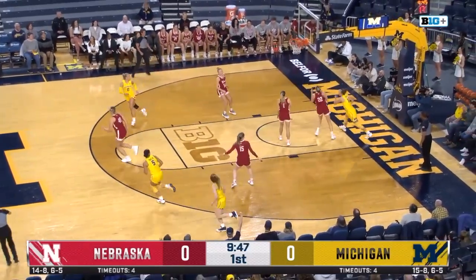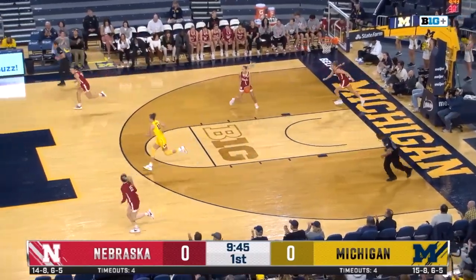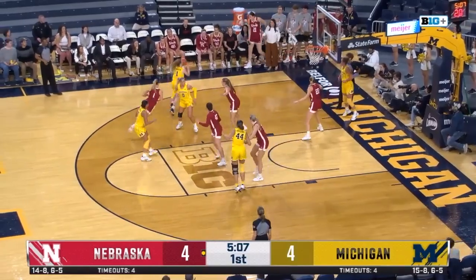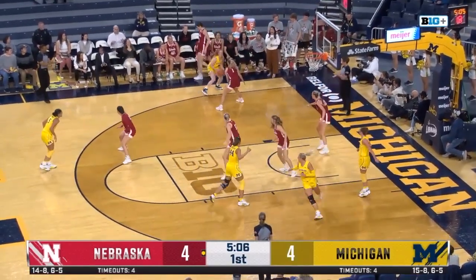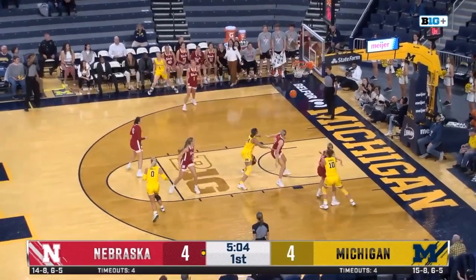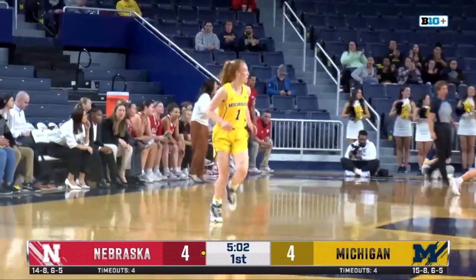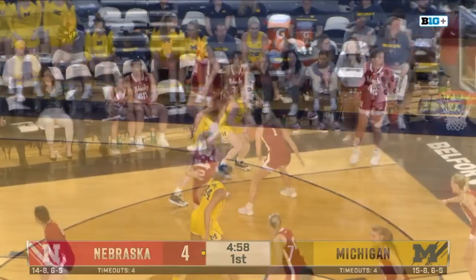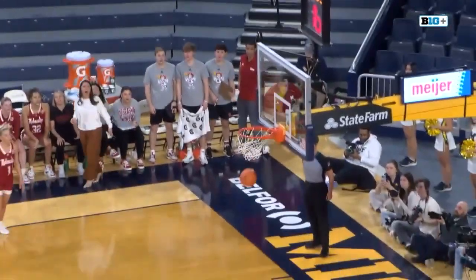Nice feed inside. Kyra Evans finding the easy deuce for Jordan Hobbs. On the active Jordan Hobbs. Nebraska wanted to travel. Hansen instead says take that three, and the Wolverines are back in front. There from Natalie Potts, but mostly